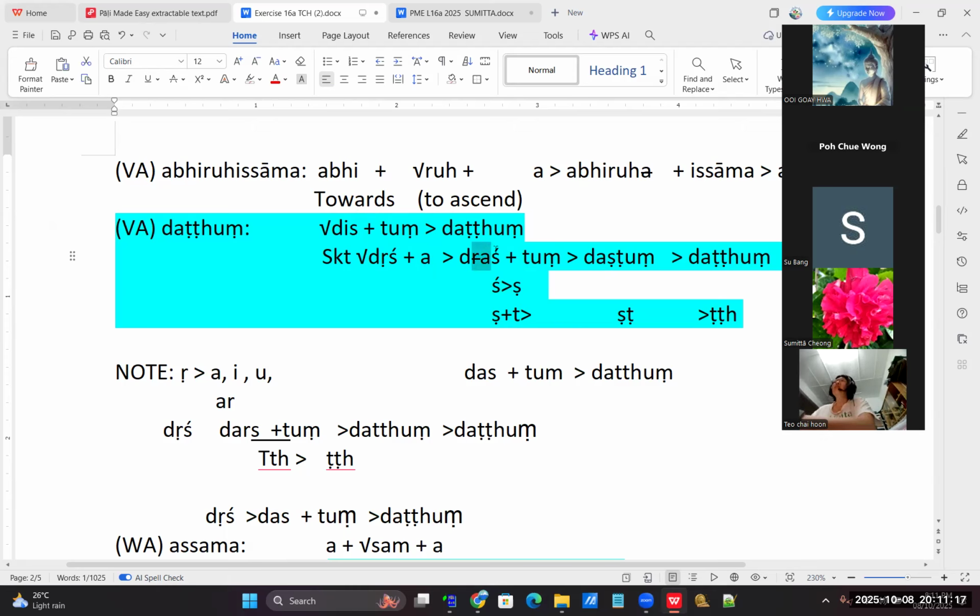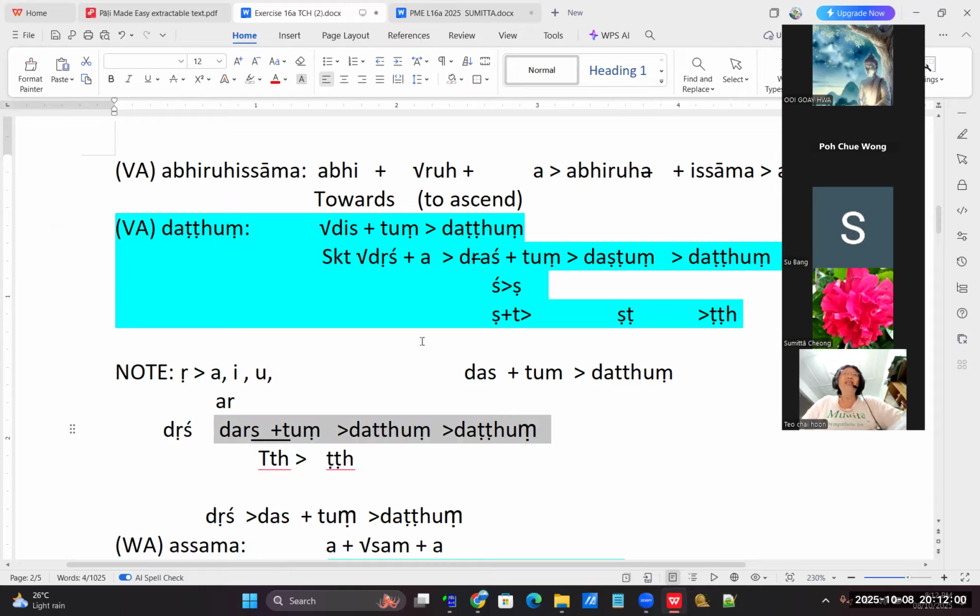Also darstum. I copied it from the dictionary. This also can, but I think it's copied from some normal dictionary. Actually it makes things difficult, because then you have to pronounce drastum, dartum. You see, drastum or darstum. So this will be nearer to the sound. Dastum becomes datum. So this will be nearer.